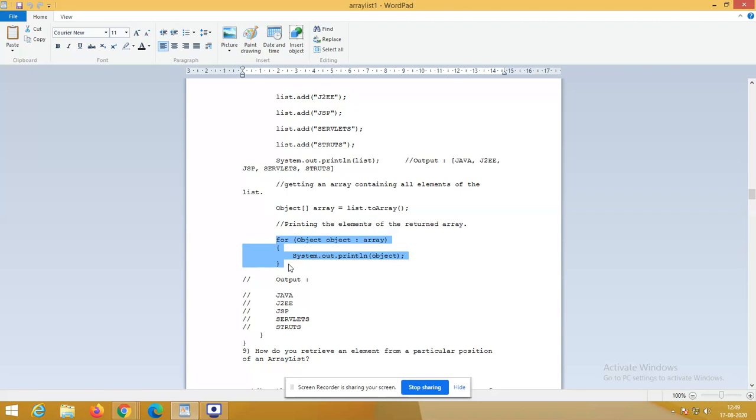So the values available in array are copied into obj, and it is being displayed. Now the array variables in the program are obj and array. So there are two array objects in the program, obj and array. One list object in the program, that is list, the one array list. So do not confuse with that.